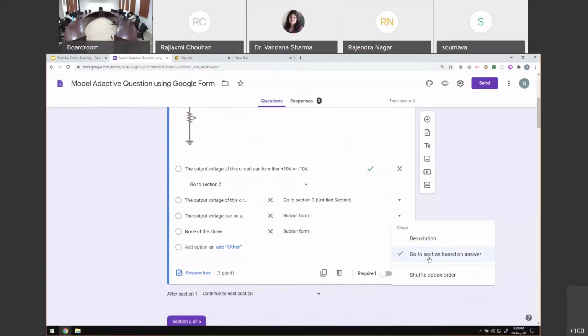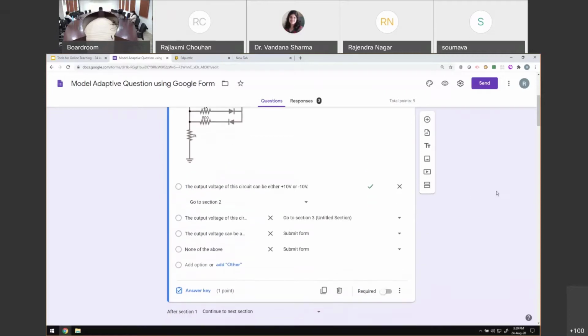Meaning selecting one particular option can lead to a different second question, and giving a different answer can lead to a separate second question. So depending on what you select here, that is where the next question will appear. That is how the next question will be decided. So I'm choosing the option of go to section based on answer.